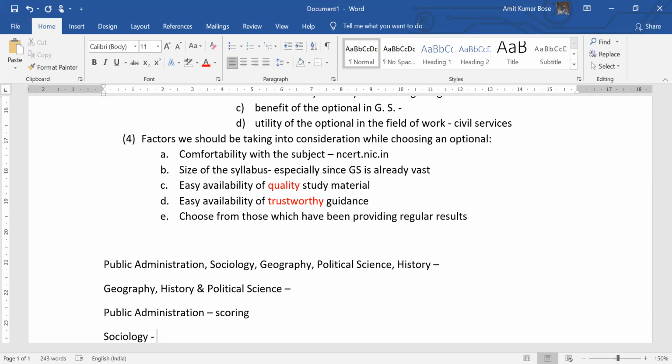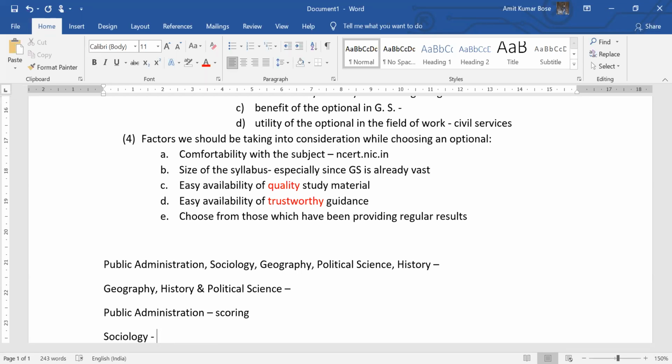Because time and again, as a faculty of sociology, let me warn you that while writing answers, what is more expected of you is if you can give examples from real life, from what is happening in and around you. Don't just talk about the theories. Give examples from what is happening in and around you. If you can relate that, you'll be able to prove how much conceptual clarity you have. And obviously you'll be securing better marks that way. So in case of sociology, the negative point is that you have to be on your toes in respect to current affairs,